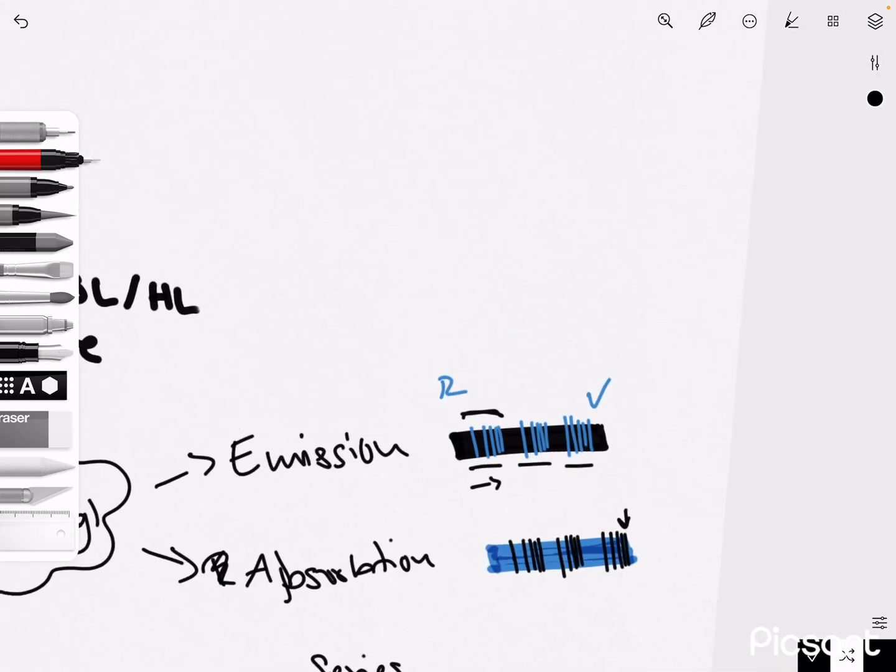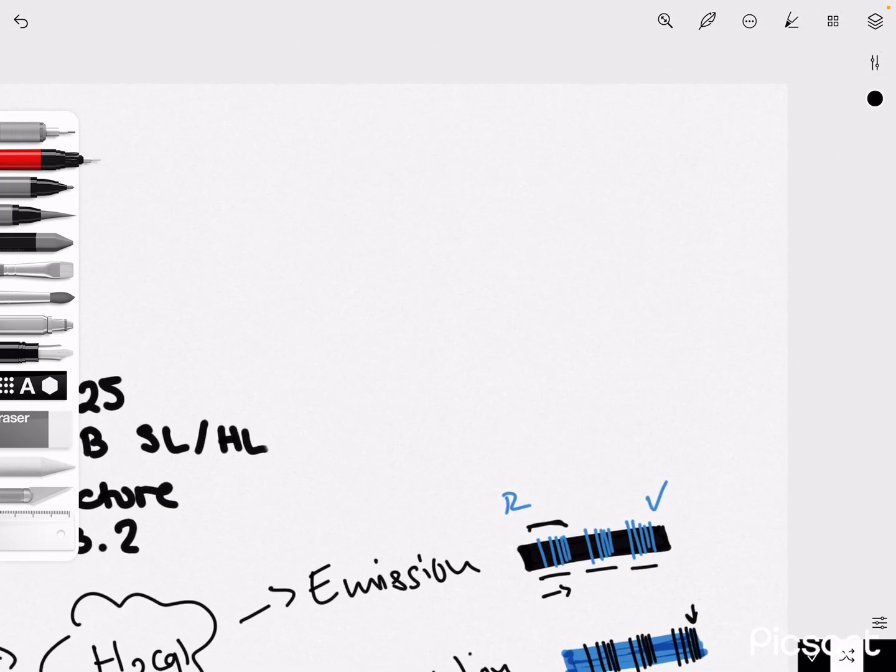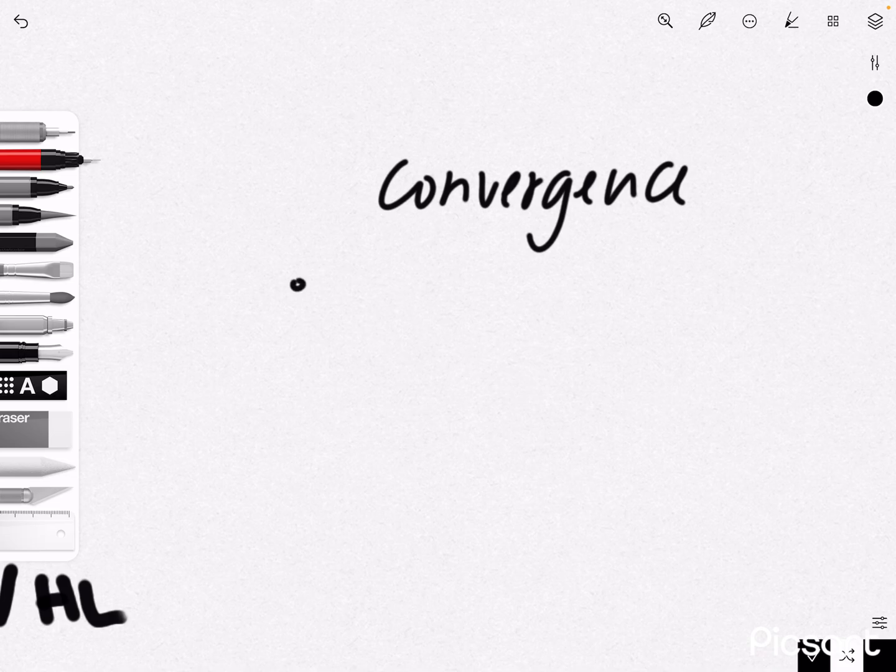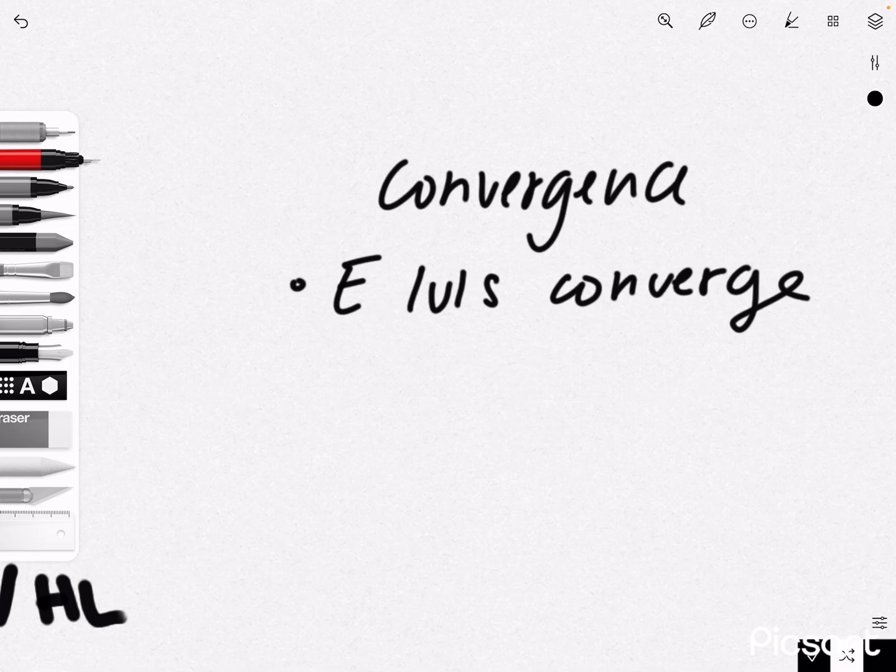And this is what we call convergence. What we need to know about convergence is that energy levels converge at higher energies, which is what gives us our converging spectral lines,